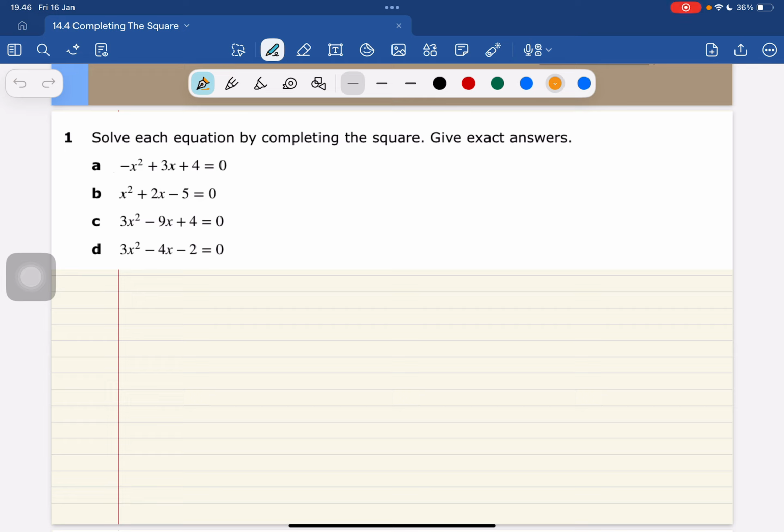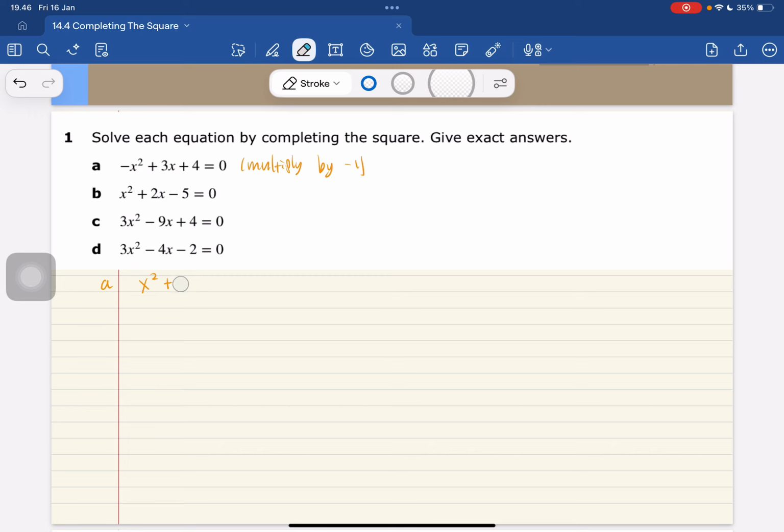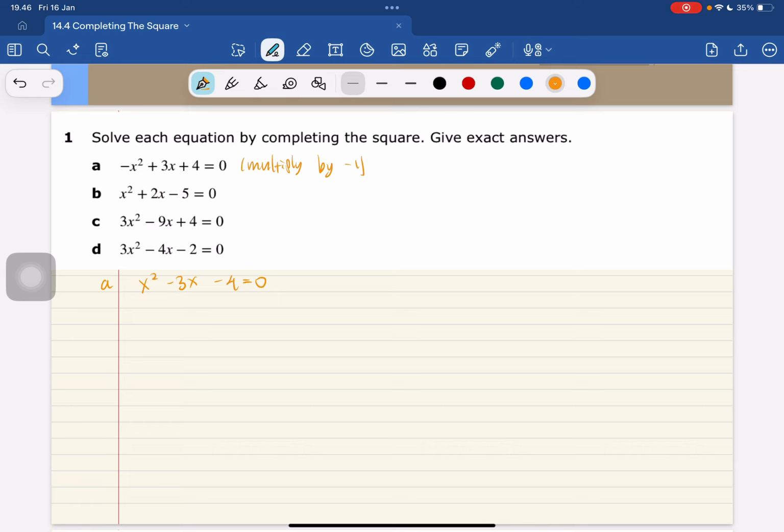So for A, we have minus x squared plus 3x plus 4. On both sides, let us multiply by minus 1. So this is the new equation: x squared minus 3x minus 4 equal to 0. For completing the square,